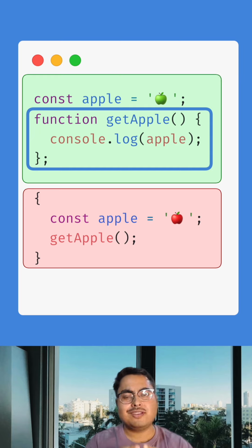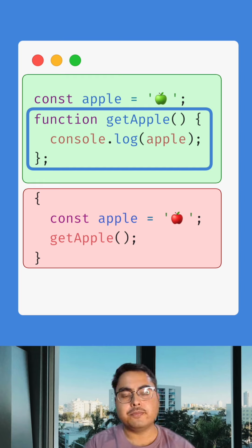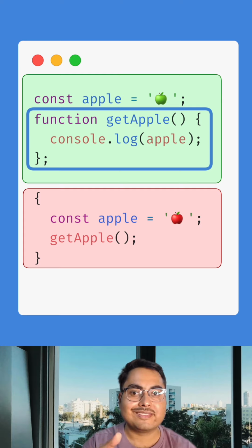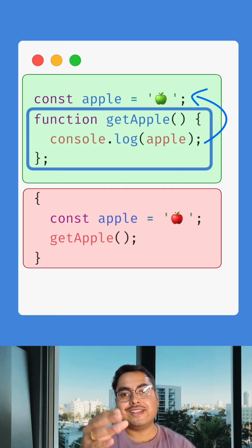Now, how does it affect anything? So when getApple tries to access the variable apple, it first looks up in its own function scope. Because it doesn't find it there, it has to now look up in its parent. Because the green scope or the lexical scope is the parent, it looks up there and prints that apple is